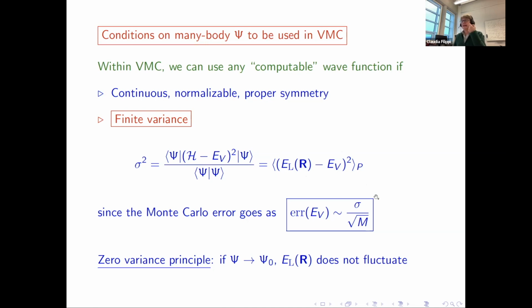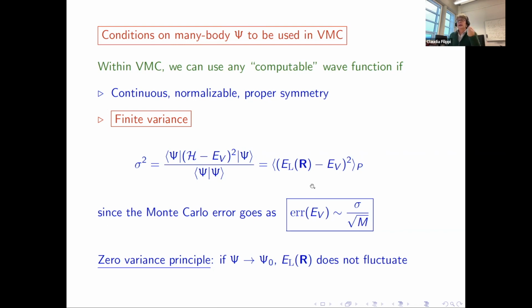A very nice aspect of variational Monte Carlo is the so-called zero variance principle. If psi approaches an eigenstate, the local energy, which is the Hamiltonian acting on the wave function divided by the wave function, will become constant, equal to the eigenvalue.